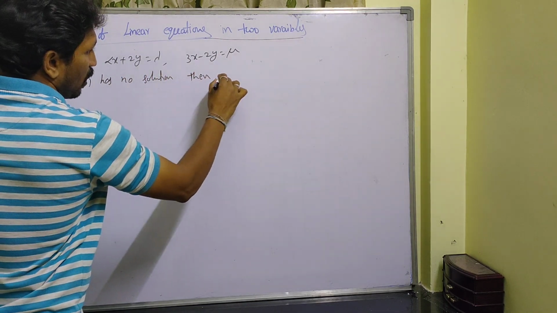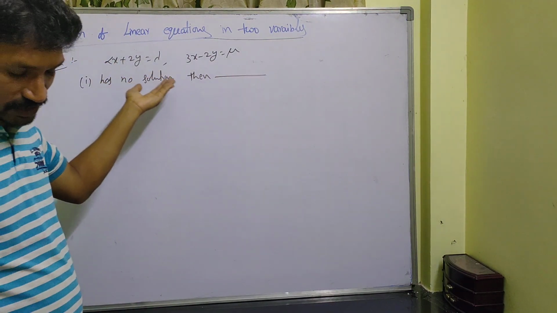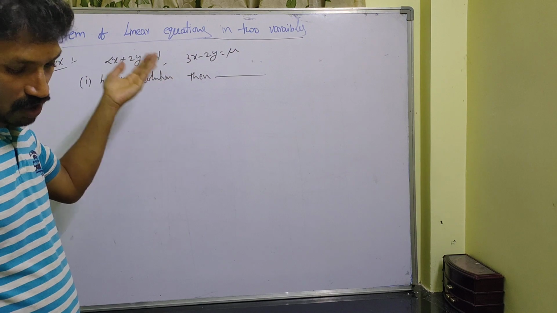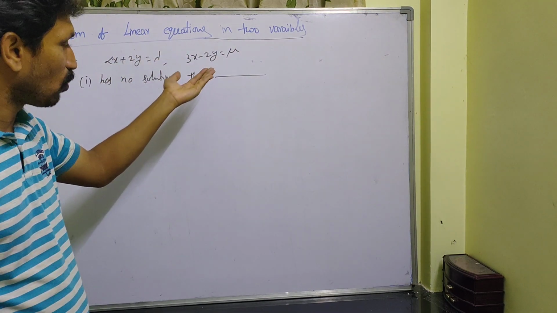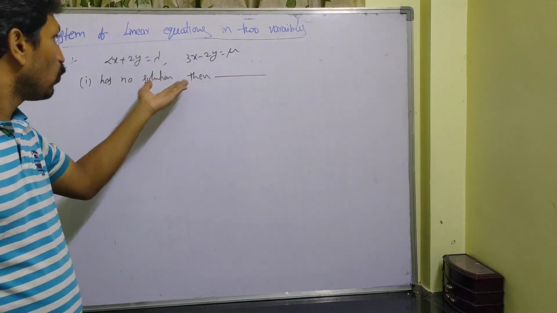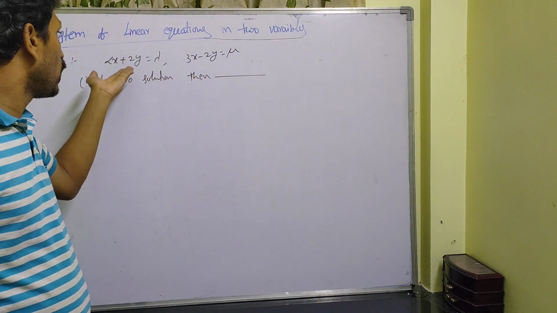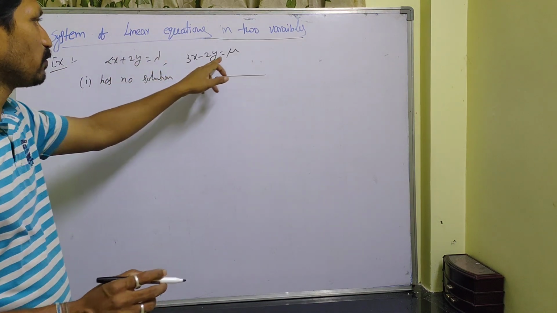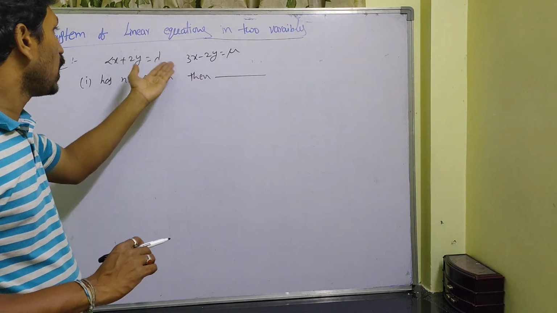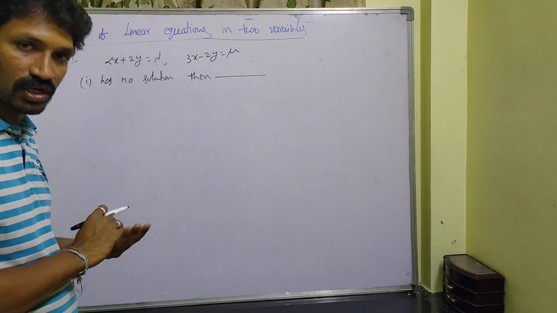Then options, something lambda, that means alpha is equal to 3 and lambda plus mu is equal to 0, alpha is equal to minus 3, lambda plus mu is not equal to 0, like that they may ask you. But here I am not giving the options, but what are the conditions you get? I give you here. That means alpha value, it is alpha x plus 2y is equal to lambda, 3x minus 2y is equal to mu. I give the value of alpha, how you get, and any other relation between lambda and mu I give you. Okay, so mostly options also like that only.